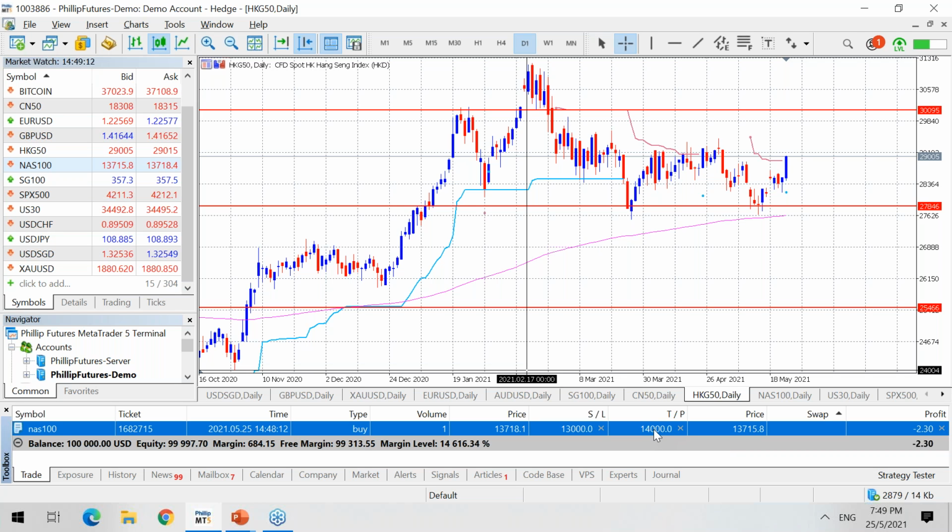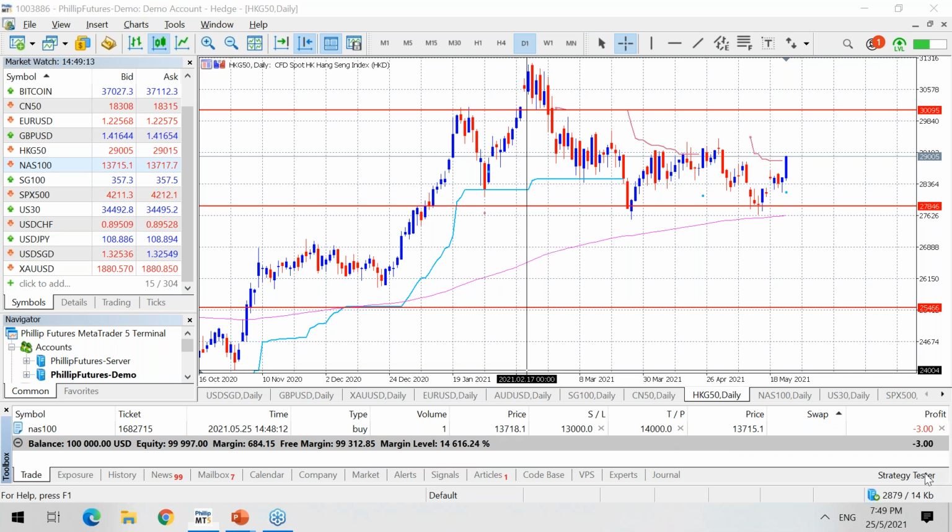To close out immediately, you can look at the profit over here. Once it turns blue, you can close out. This is mainly the spread. There's no commission, so the value here is directly what you get from the closing of the trade. The swap points over here will not be calculated until you hold a position over 1 day, that is, 1 day swap. Right? So this is a quick show on how you do the placement of a trade.